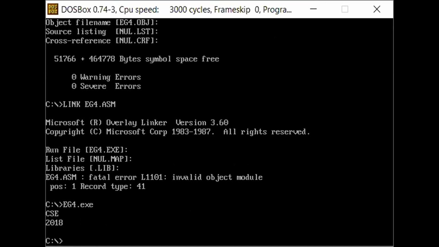Similarly, you can write a program to read a string from the keyboard, the standard input device. These are the four programs. Most probably in the next class I will explain how to read a string from the keyboard and print it, and how to transfer a block of data from one memory location to another.